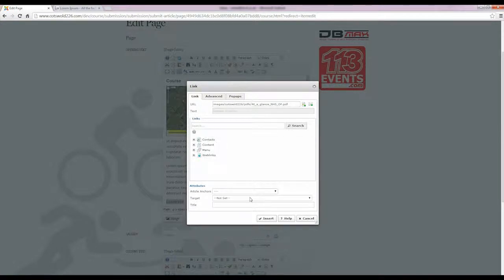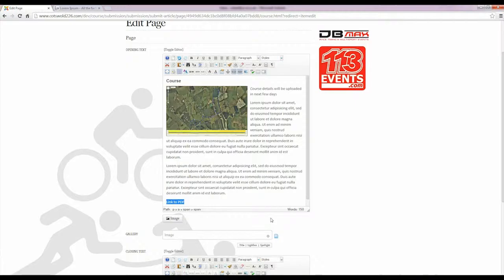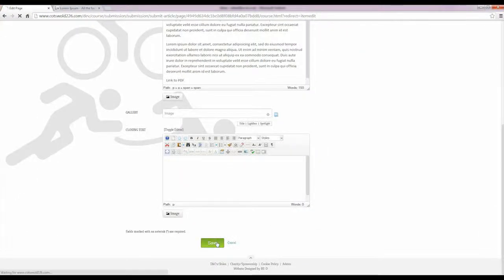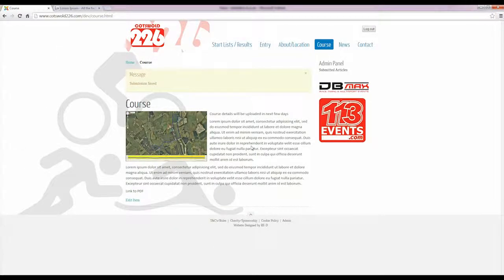Okay, so what we can do now is just type in a bit of text here, link to PDF, for example, and ideally we want to open up in a new window. So select open in new window, and that's it. We just insert that now, and if we go to the bottom of the page and click save, we'll be able to test it. So you can see the text running around the picture, and if we click on link